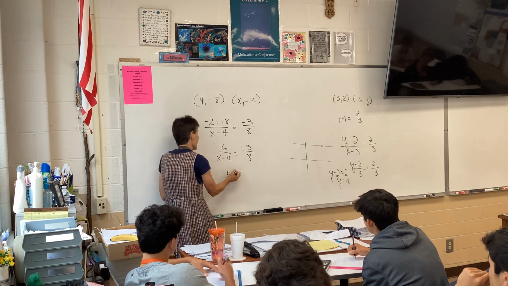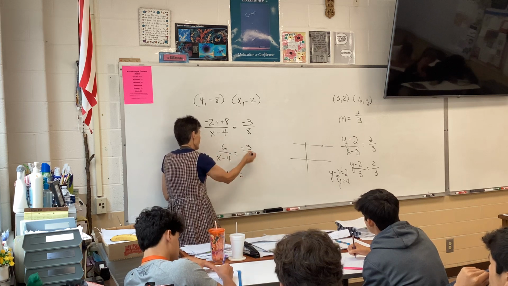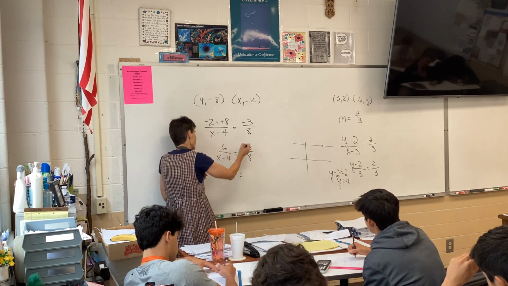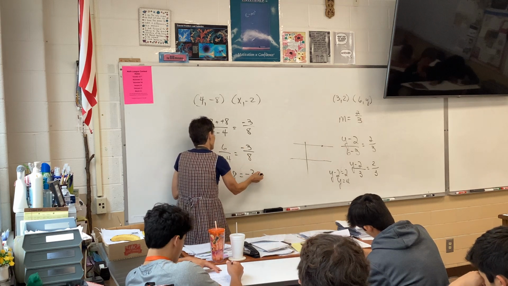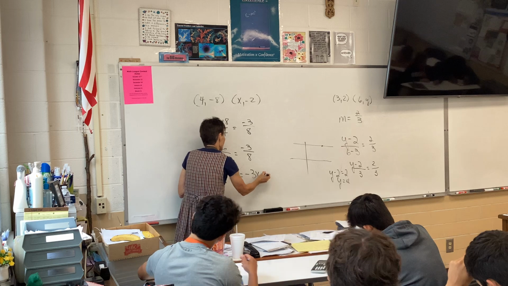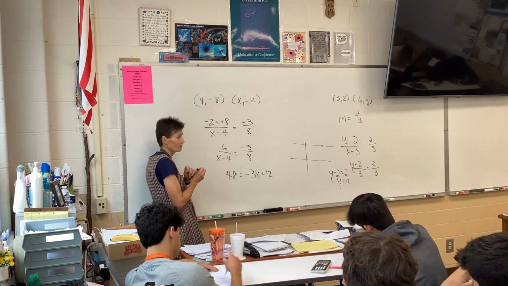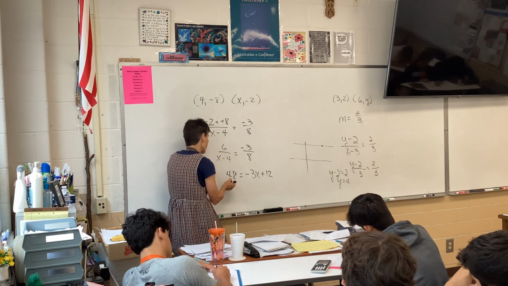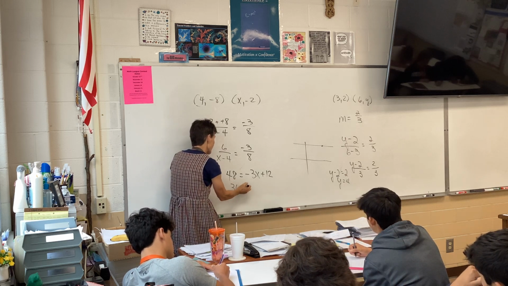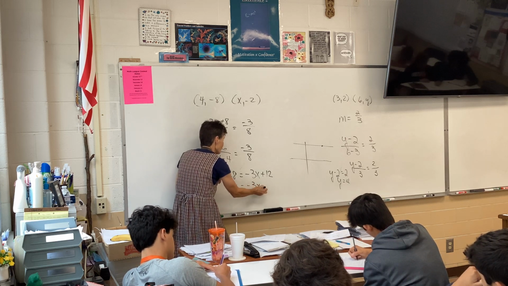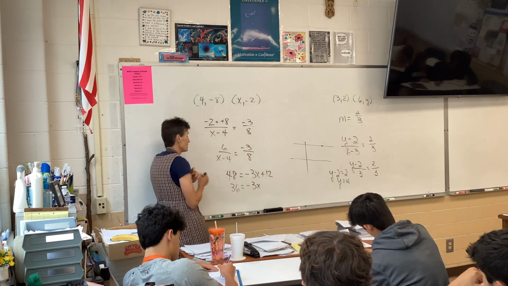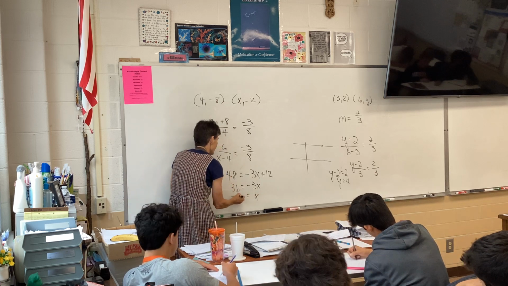So 48 equals negative 3x plus 12. So I'll subtract 12, so 36 equals negative 3x. So x equals